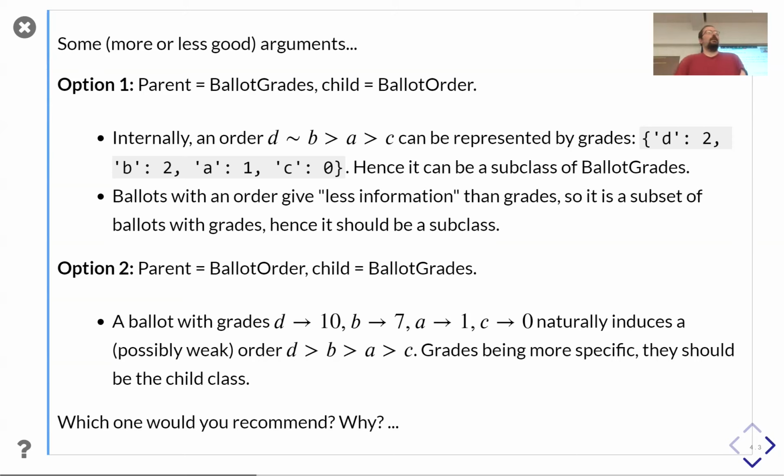So if you say that the ballot with grades is a subclass of ballot with orders, you won't have any problem, because at any place where you could use a ballot with a weak order, if you put a ballot with grades, there is an obvious conversion and an obvious way to use this ballot with grades as if it were a ballot with a weak order.